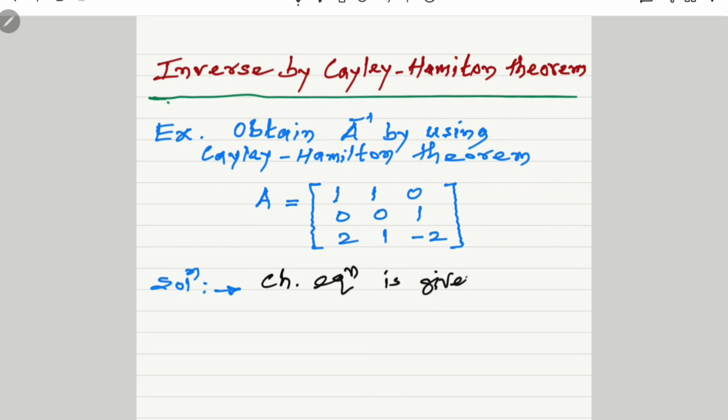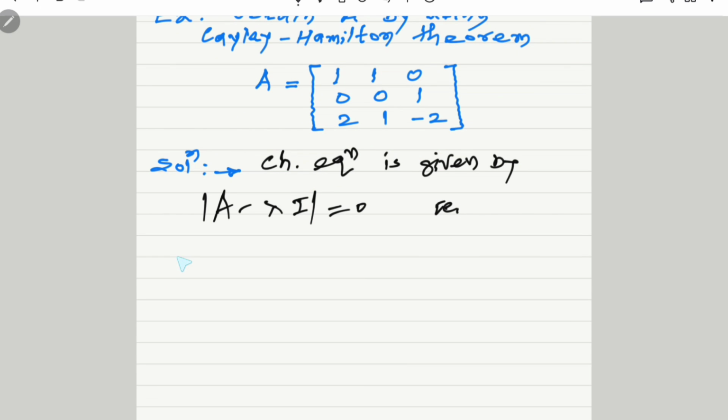Characteristic equation is given by determinant of A minus lambda I is equal to 0, where lambda is any scalar quantity and I is the identity matrix of the same order. Here the order of that matrix is 3 by 3. Therefore, I must be of order 3. That is, by shortcut method, it is nothing but lambda cube minus s1 lambda square plus s2 lambda minus determinant of A is equal to 0. We call this equation 1,